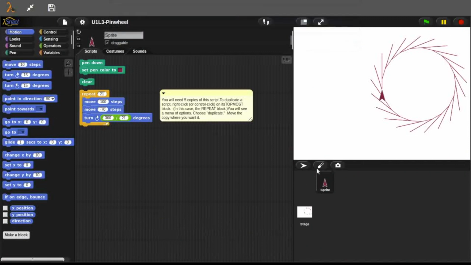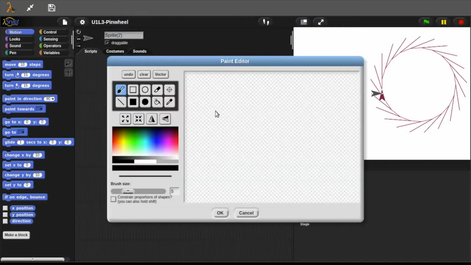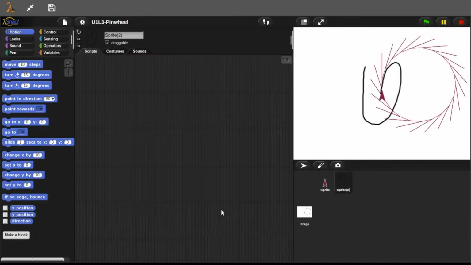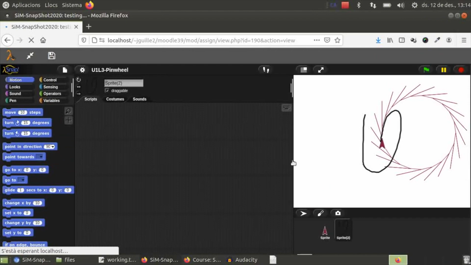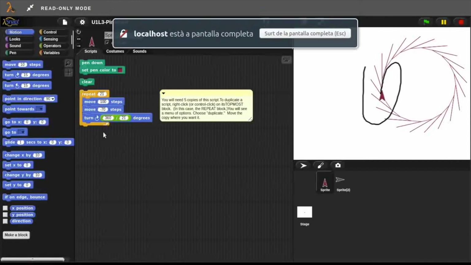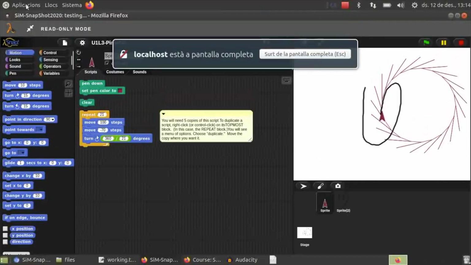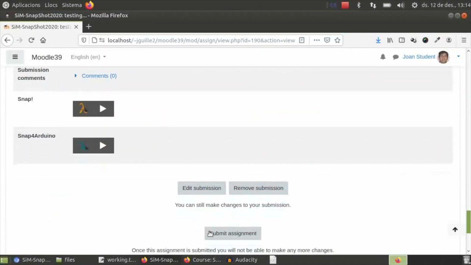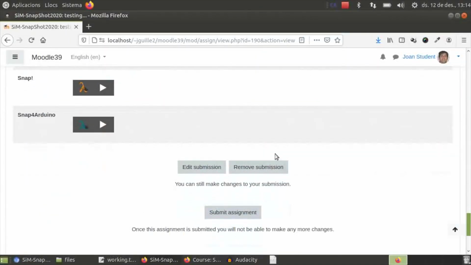I can work in full screen if I need it, and just save when I want. I always see my projects and I can submit them when they are done, and I can edit them while they are still open.